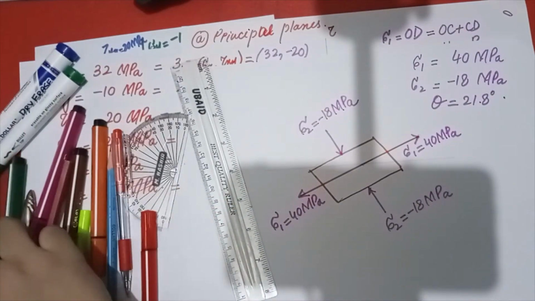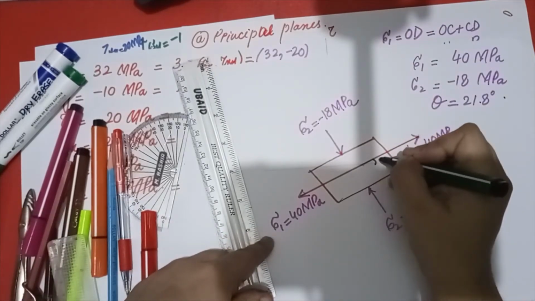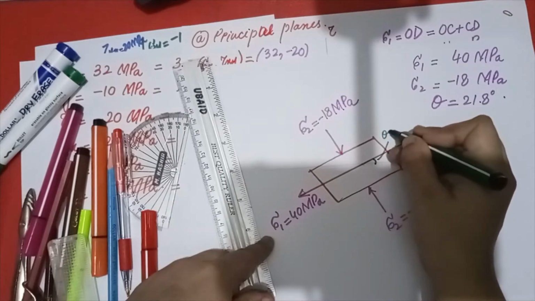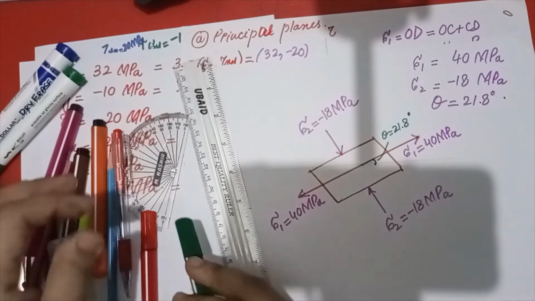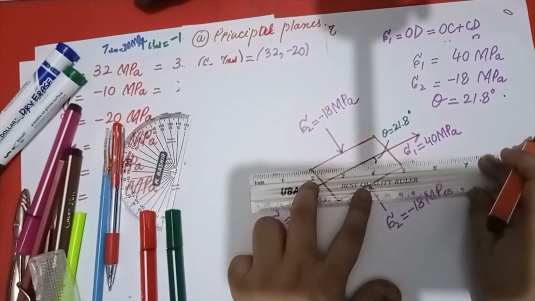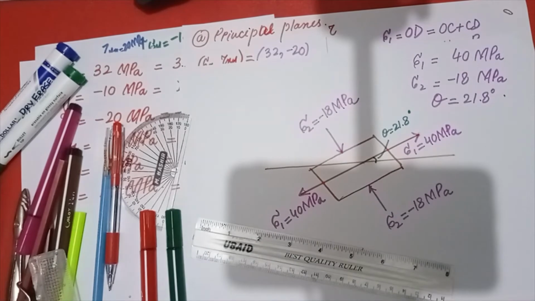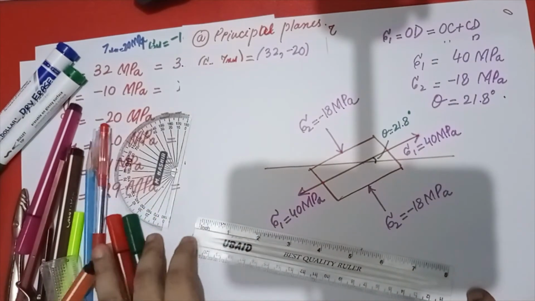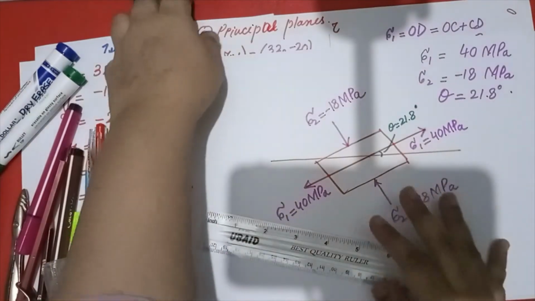And the angle here is theta equals 21.8 degree. This is your differential element. And if I want to draw this line with a marker, because it will not be visible properly to you, now you can see this is the way to make the differential element for part A. This is about part A. Now I am moving towards part B. Hopefully it is clear to all of you.